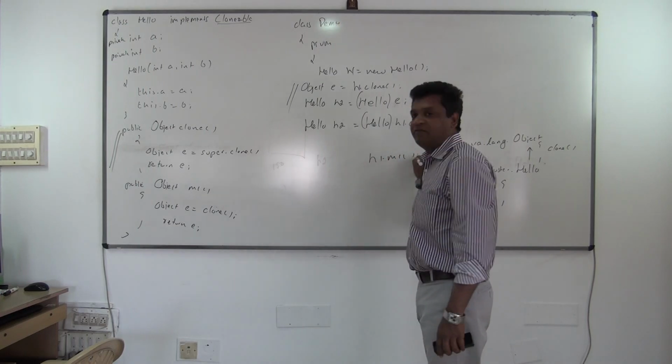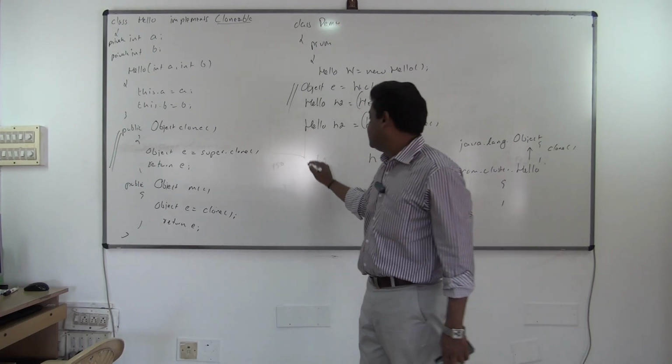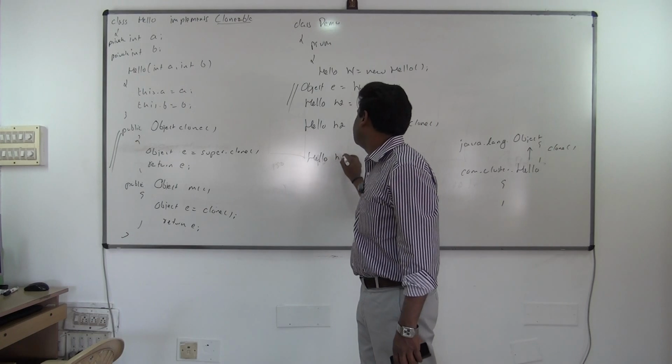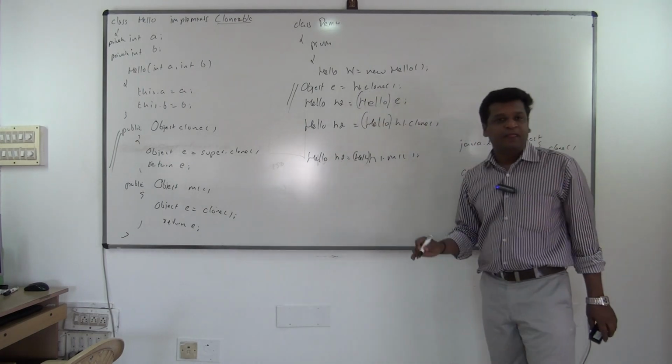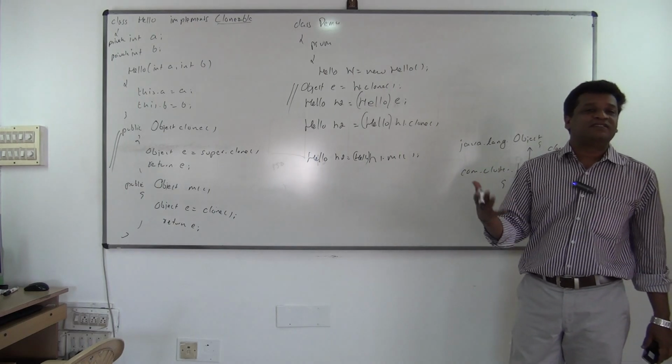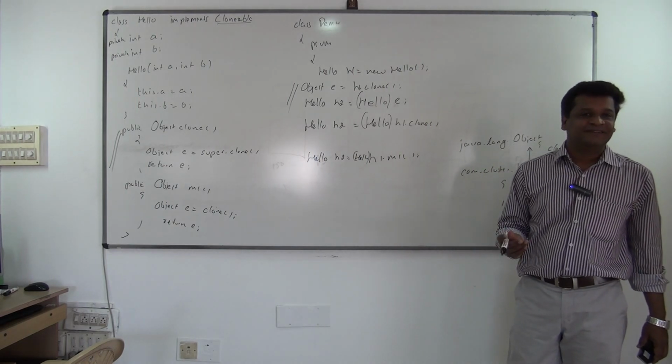h1.m1, same it is. So return type would be what? Hello h2 is equal to hello of. This is also valid. But the problem is, in one class, if you use one method for cloning, the developers